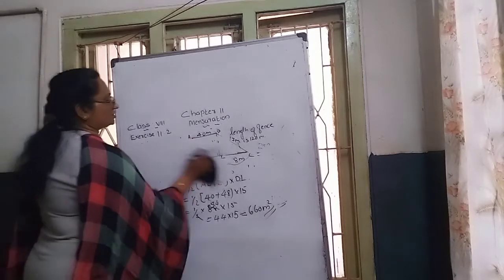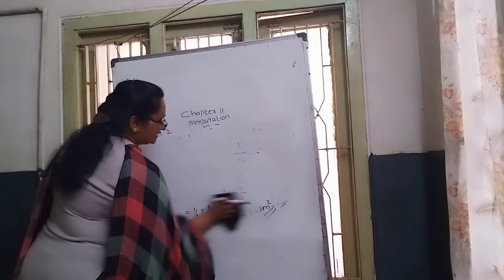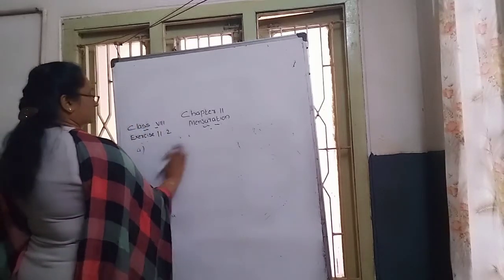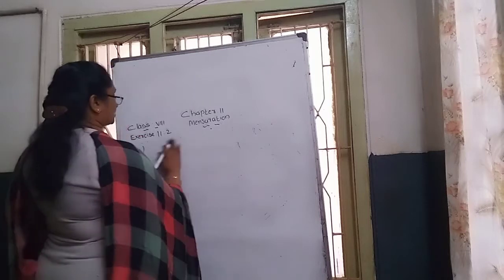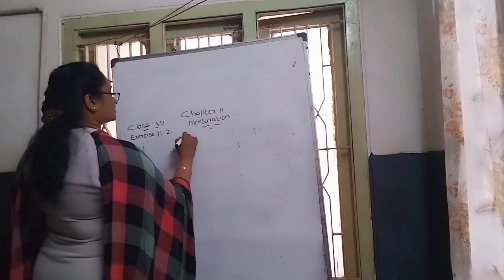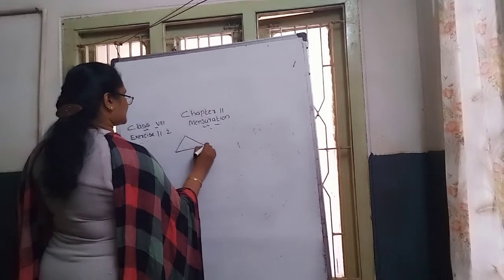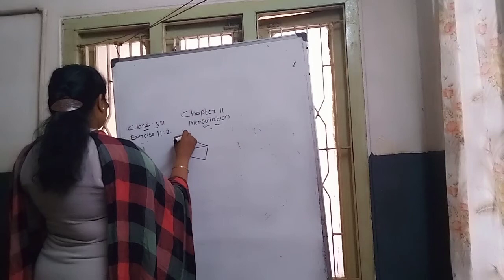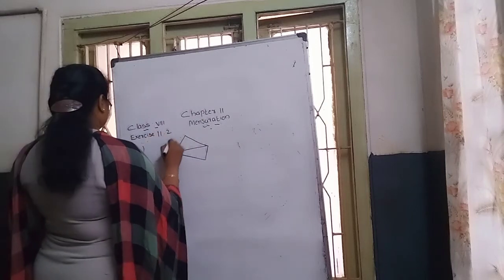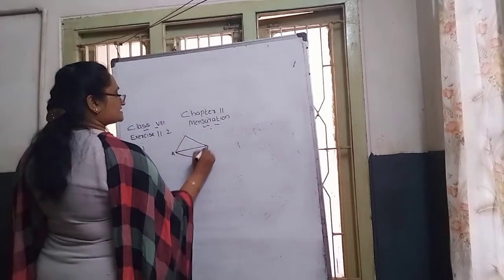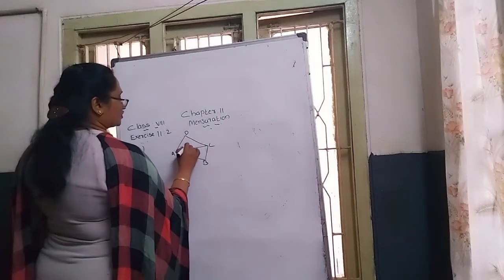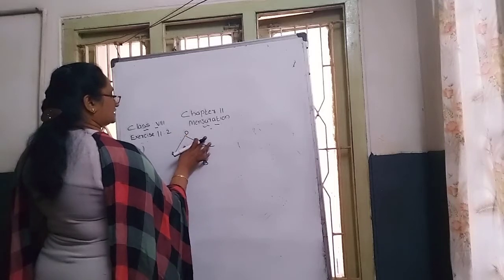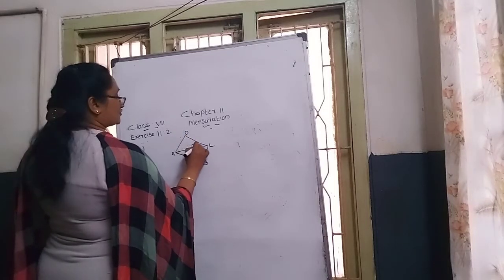Then next we go through the next question, the fourth question. In the fourth question they talk about one diagonal case. The diagonal of a quadrilateral diagram is given in this way. In the diagram they gave the diagonal of a quadrilateral ABCD. The diagonal of the quadrilateral they gave us is 44 meter, and another measurement is 24 meter.